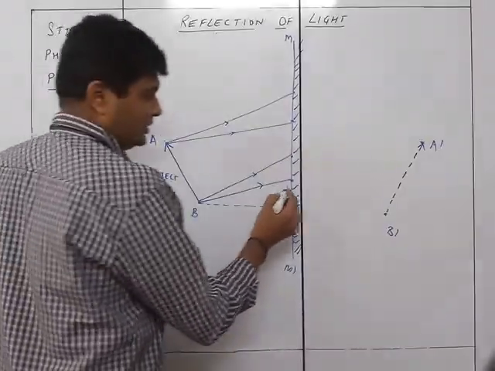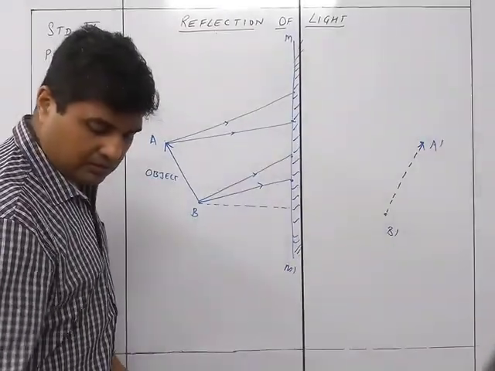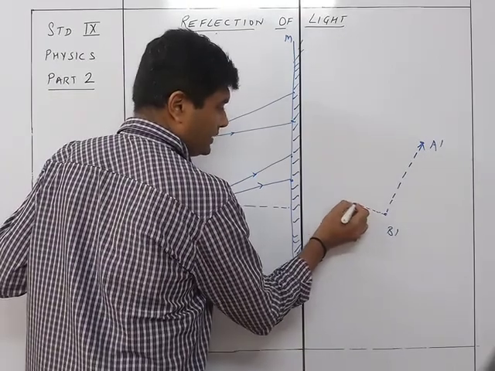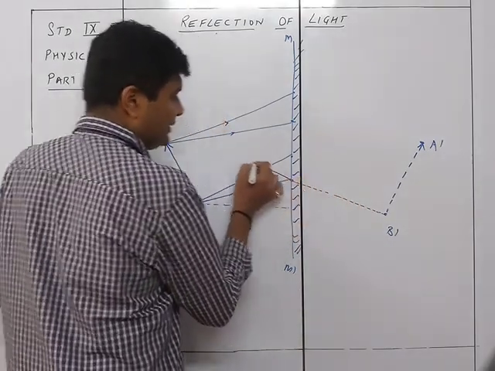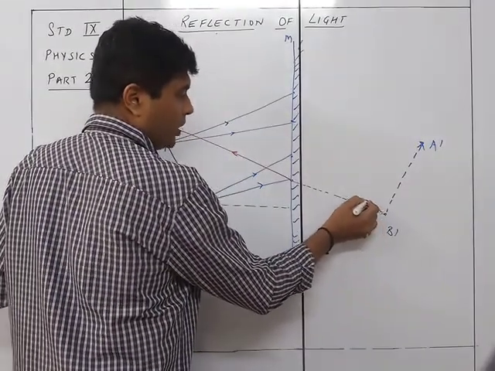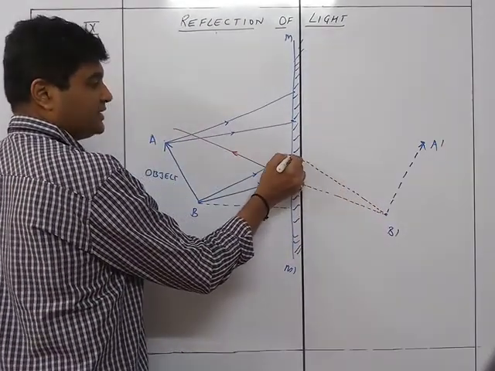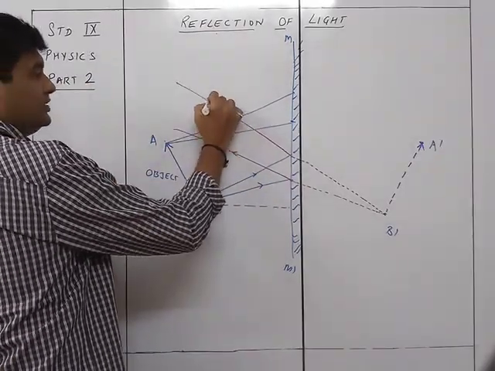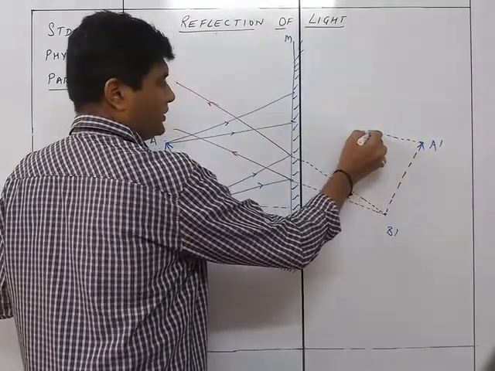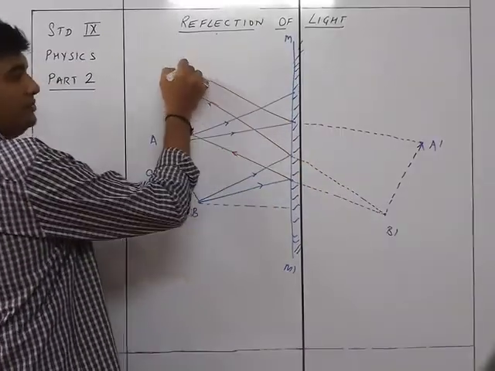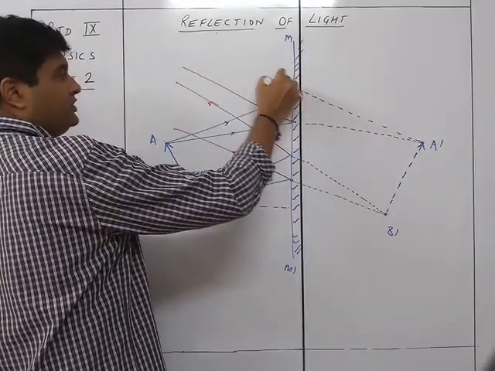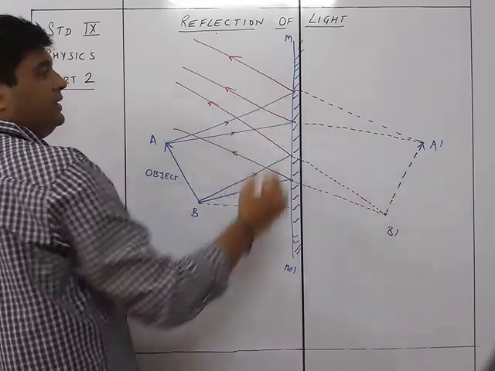Just join the lines. So we will be using this way. इसको connect किया यहाँ से. So you draw the line like this, and then extend forward. You start from here, dotted line. Once it reaches the mirror, dark line. That is this way. Then you start with this, come to this point. So dotted, dotted, dotted comes over here, and then becomes straight. And then dotted, dotted, dotted comes here, and then after reaching here, it comes straight. So these are the reflected rays.